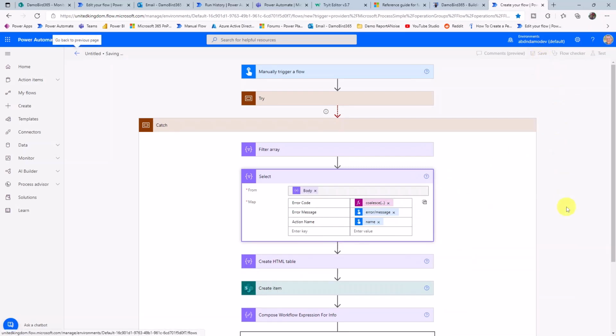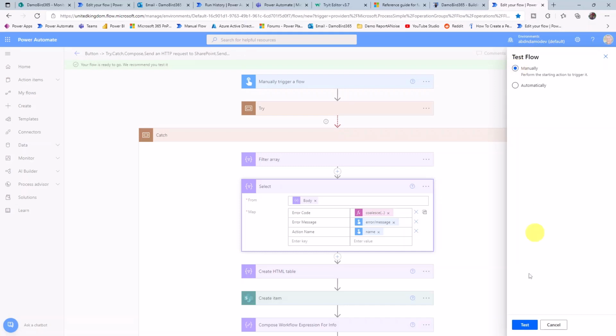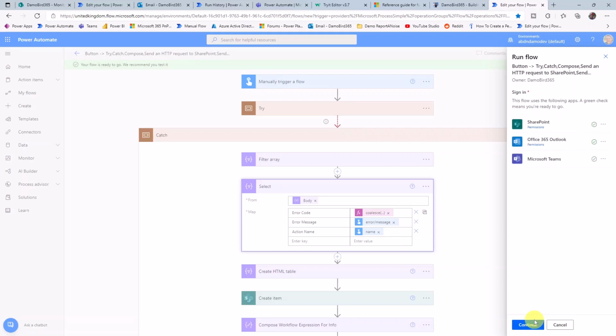Now I can go ahead and save that, and pretty much I've been able to copy that whole catch scope and reuse it in a brand new flow, and it'll be tied to my SharePoint list or my Microsoft list, and it'll also be able to notify me in Teams and in my email. Now if I go ahead and hit continue and run flow,